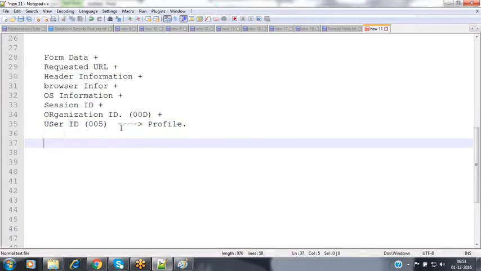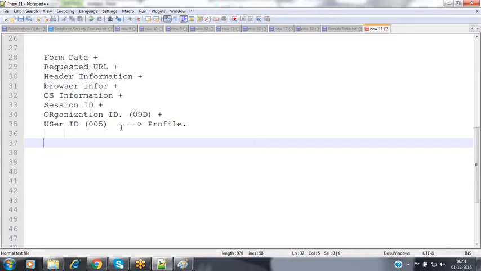Profile is nothing but a component. A profile is a mediator between the users and the Salesforce organization, the Salesforce application. Whenever the user keeps sending requests, in between that user and the Salesforce application there is a mediator. There is a wall in between, and that is nothing but a profile. Each and every user request has to pass through the profile.